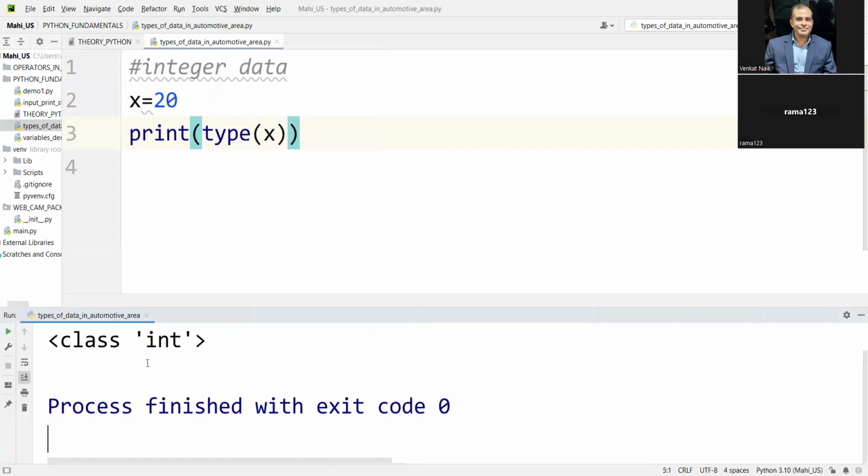Yes, X is holding the integer class of data, which means even the Python interpreter is aware of what type of data you are holding. Yes or no? Yes, absolutely. Not only humans. Similarly,